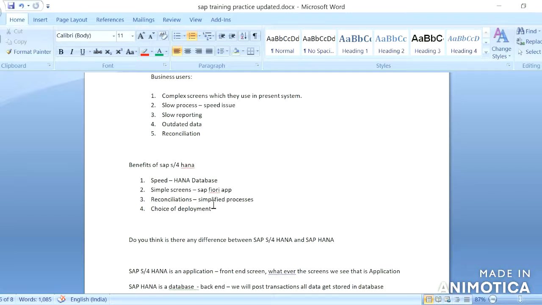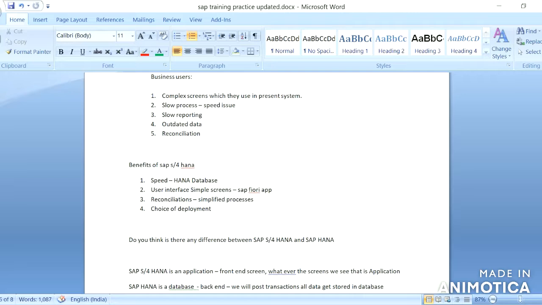They did simplified processes in asset accounting, AR and controlling. They merged controlling with FI. Because of these reasons, the reconciliation problem has been solved. With Fiori apps, the user interface issue was solved.